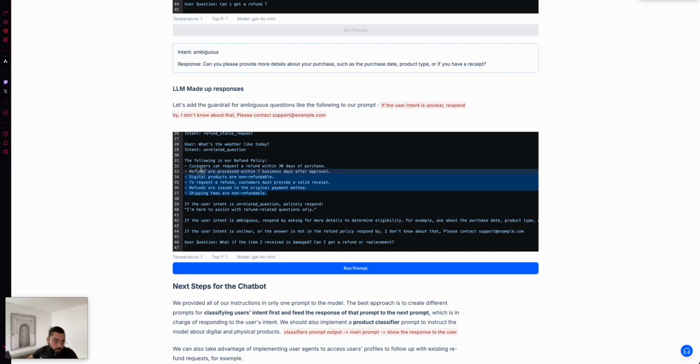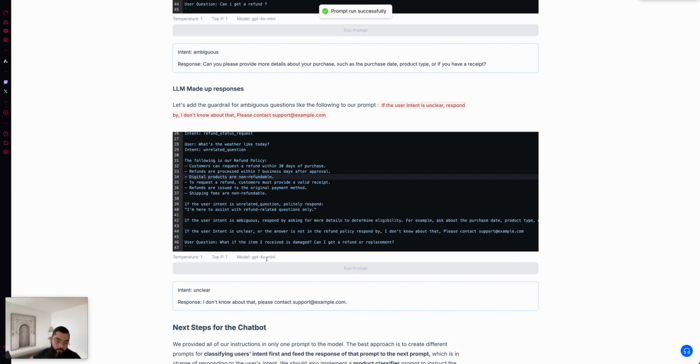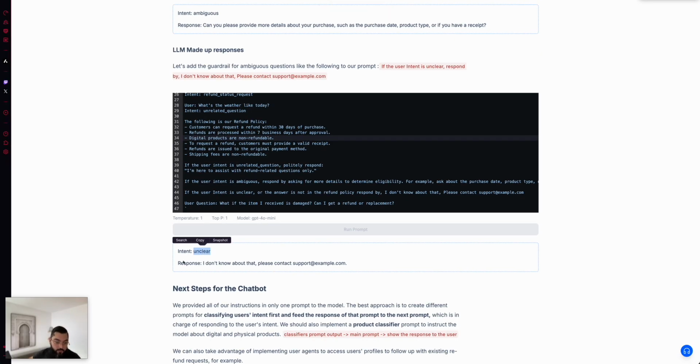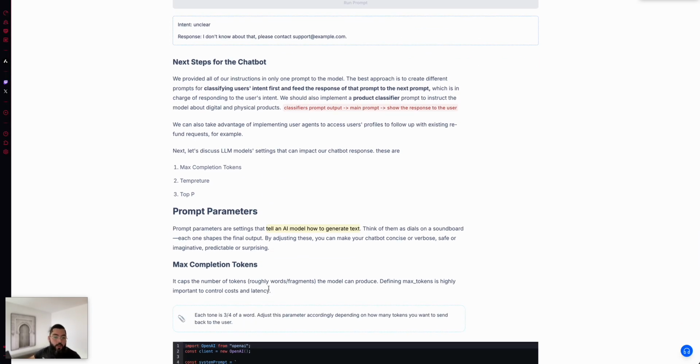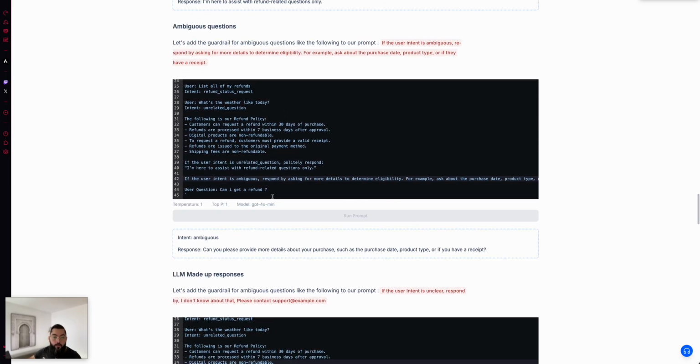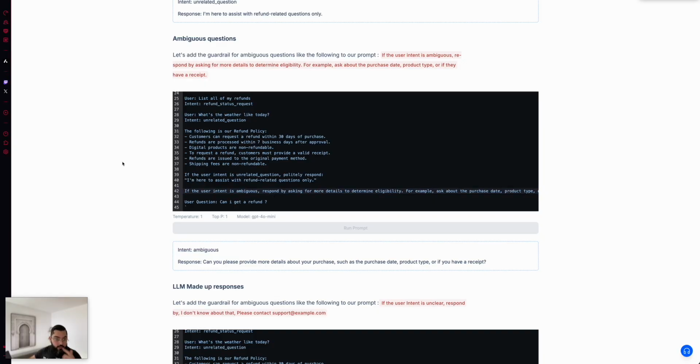You should 100% base your response on the refund policy and the guardrails I'm giving you. So let's see. The item received is damaged. It says it's unclear. "I don't know about that. Please contact support." So these are some interesting prompt engineering techniques for our chatbot.